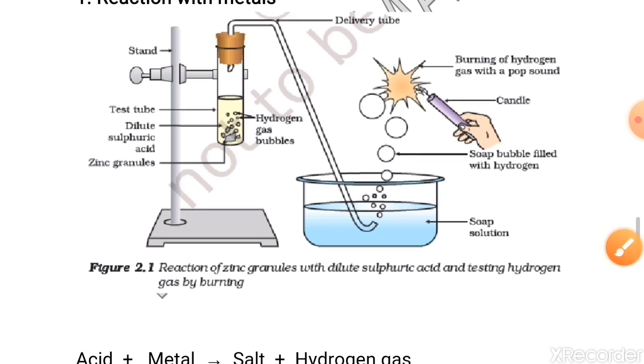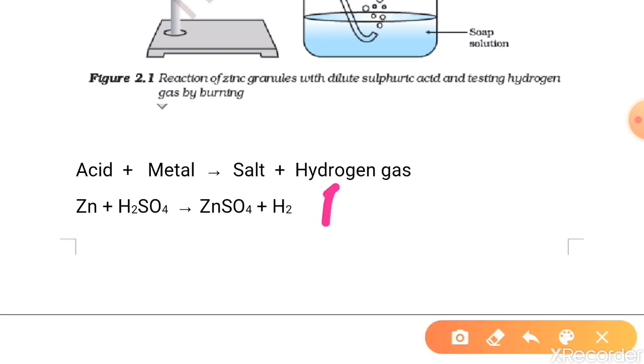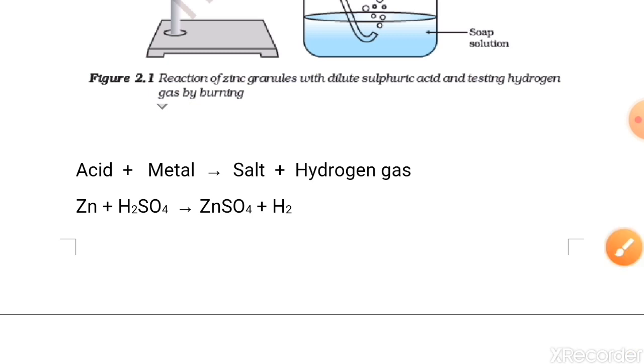Now we have seen this. So we can say when acid reacts with metal, they form salt and hydrogen gas. Here, when Zn, zinc, reacted with sulfuric acid, which is H2SO4, the salt produced was zinc sulfate, ZnSO4, along with formation of hydrogen gas. We can represent hydrogen with this upward arrow, which means that this is a gas leaving the container, or say beaker. Now students, acid reacts with most metals to produce corresponding salts and hydrogen gas.